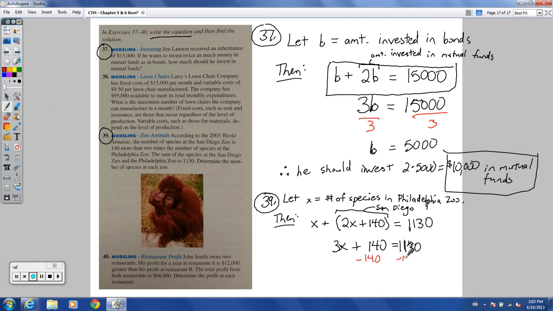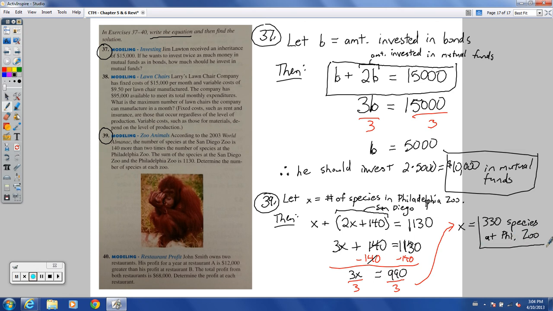You'll get the number at the Philadelphia Zoo, at least. 3x equals, let's see, what would that be? That'd be 990. Divide both sides by 3, and that would mean you'd have x, which is the number at the Philadelphia Zoo. X is 330 species at the Philadelphia Zoo,